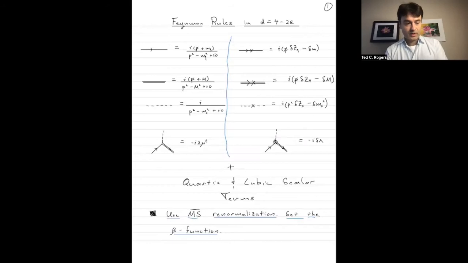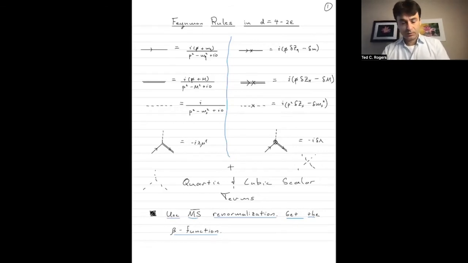Okay, and of course we do have to remember that there are Feynman rules for that kind of coupling and for this kind of coupling, but since we're not going to encounter them in the calculation I'm about to do, I thought I'd refrain from writing them down explicitly. Okay, so our task